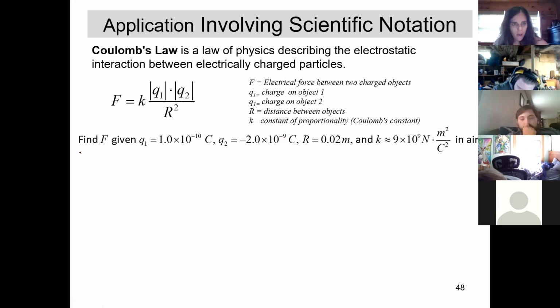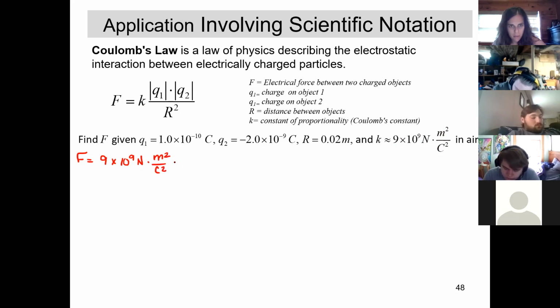All right, so we're going to find F. We have to replace K. K we know as 9 times 10 to the 9th newtons times meters squared all over C squared. So leave all of those units with it. So K is 9 times 10 to the 9th newtons times meters squared over C squared. And then we have our fraction. We're going to multiply this by